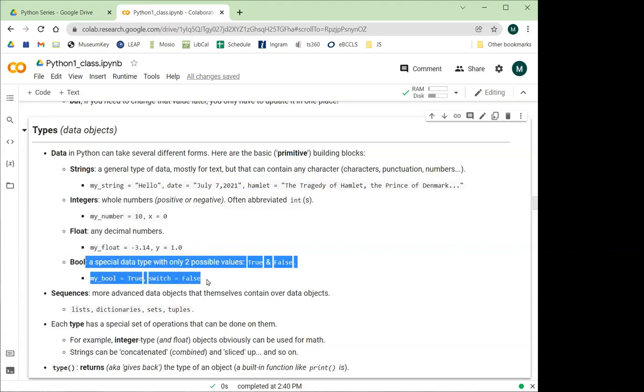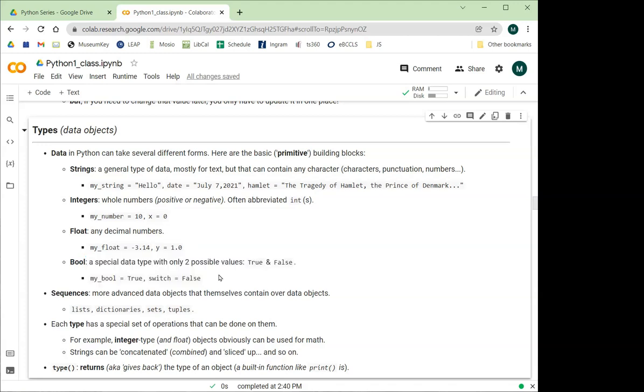And then the last basic type of data is what's called a bool, or a Boolean data type. This is a special data type with basically only two possible values, that being true and false. And this is crucial to coding. If we think of coding as just instructions to automate some process, some steps that we do, we can imagine that we need true and false values when we ask something like, if X, then do Y, else Z. So we need true false values to be able to say, if X is true, then do Y,